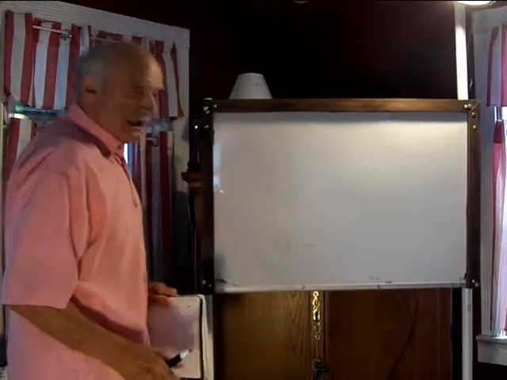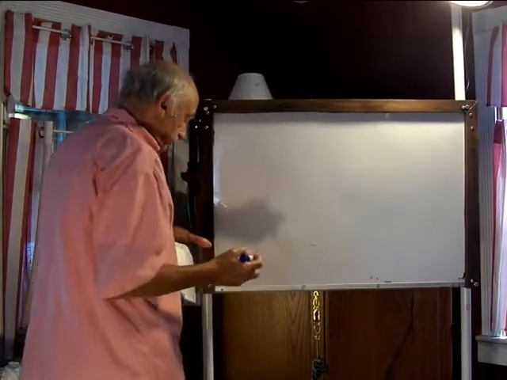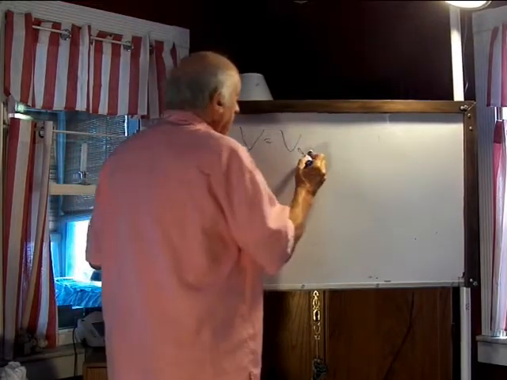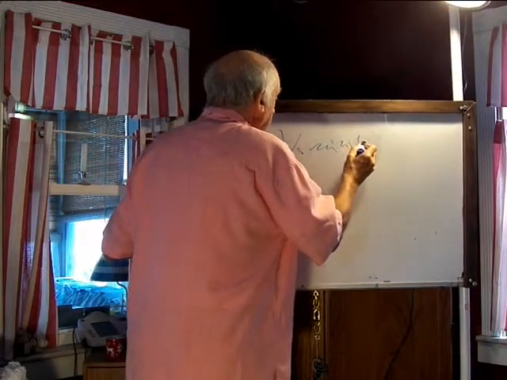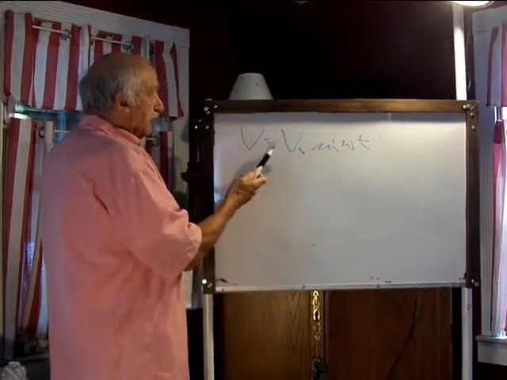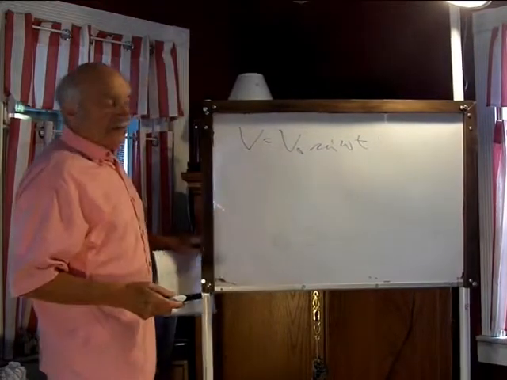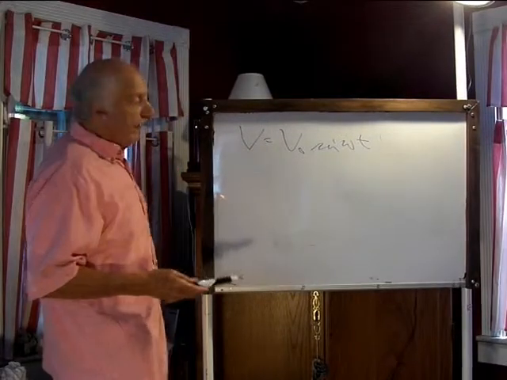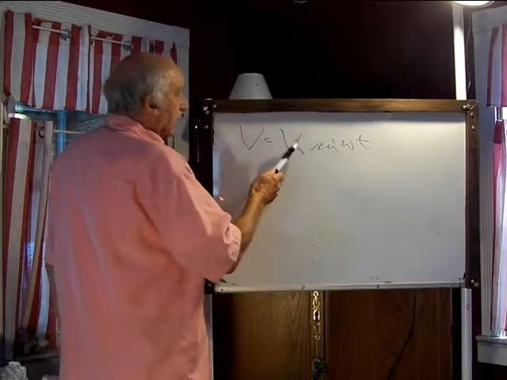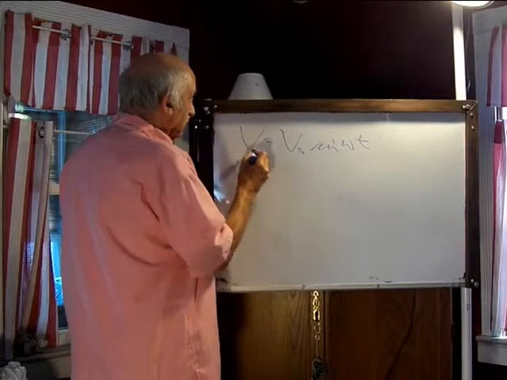If you differentiate the velocity, I'm sure you remember how to differentiate. If you differentiate V equals V naught sine omega t, this is the product of two variables, so the derivative of that is this times the derivative of that plus this plus the derivative of that. And that all comes to V naught,